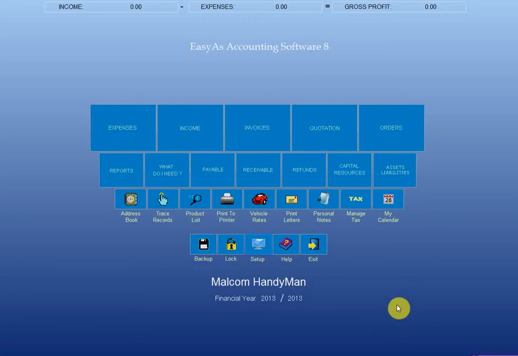In this video, I'm going to discuss the changing of the printing directory that EasyAs saves your reports to. When you print an invoice or any report, it instantly attempts to save that to whatever folder you've instructed EasyAs to save it to. Naturally, if you're printing to a printer, it's going to print it out on a piece of paper. But any other report that you're saving, if you click on an invoice, for example,